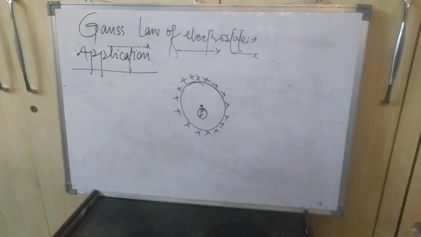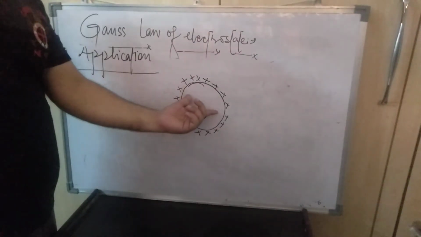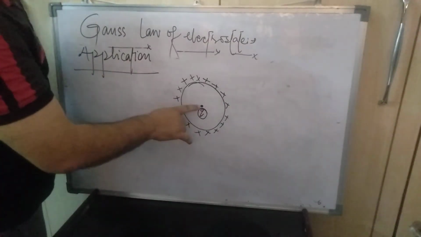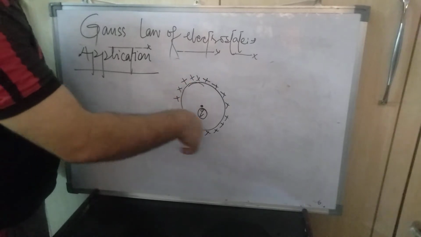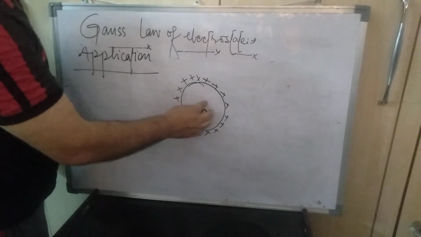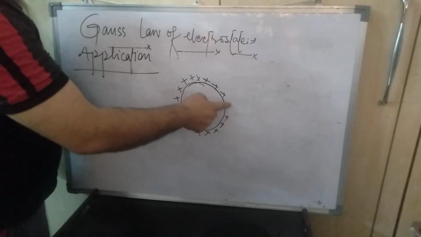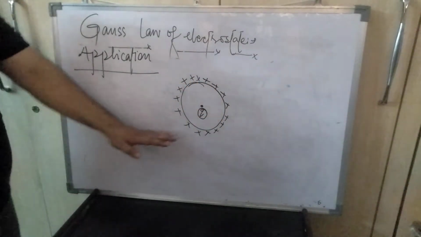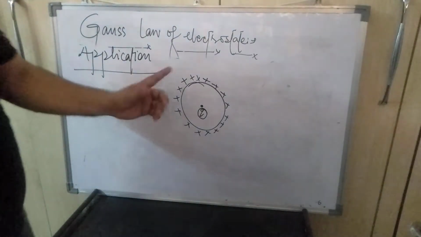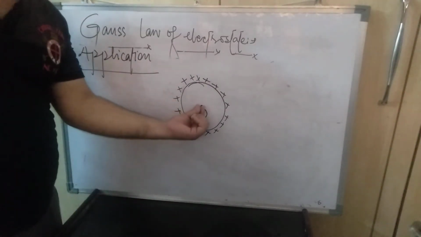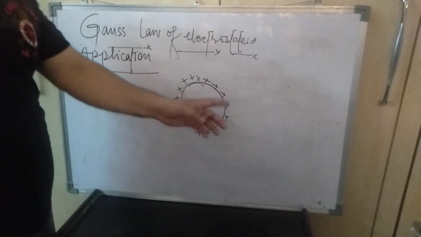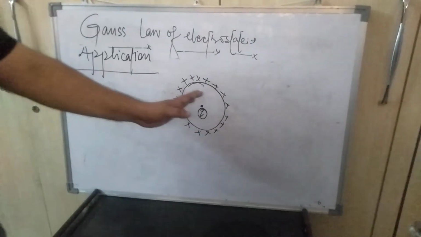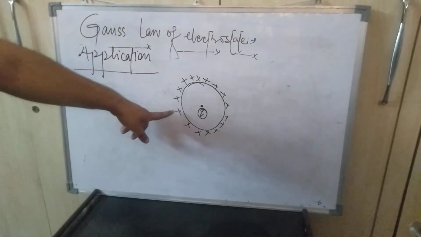Now we will see the electric field for a spherical shell. First of all, we have to understand that if a charge is inside a spherical shell, the charge will spread on the surface uniformly. That is the property we have to remember: the charge cannot reside within the center of a spherical shell. If it is there, then it has to be distributed over the surface uniformly. That is the condition you have to remember.